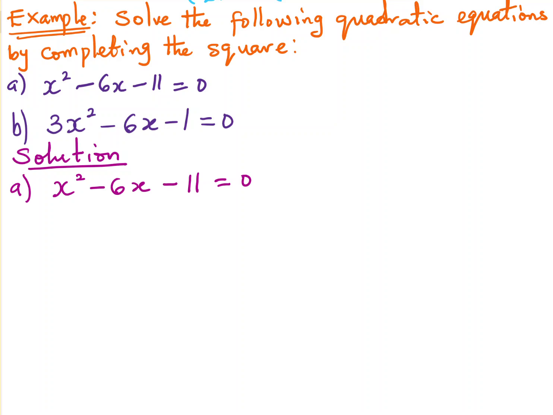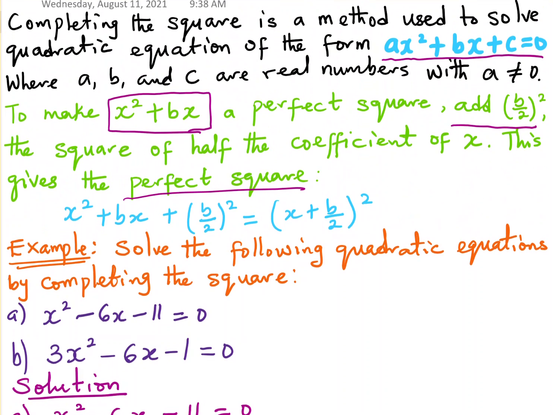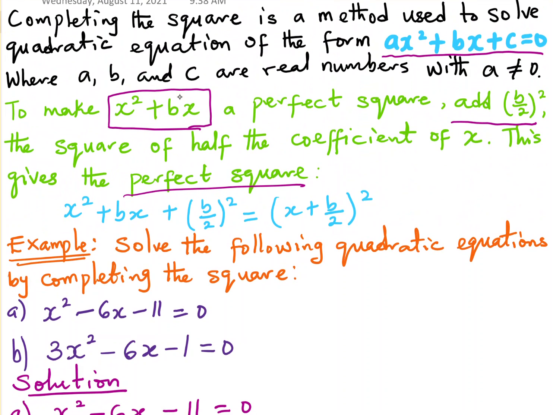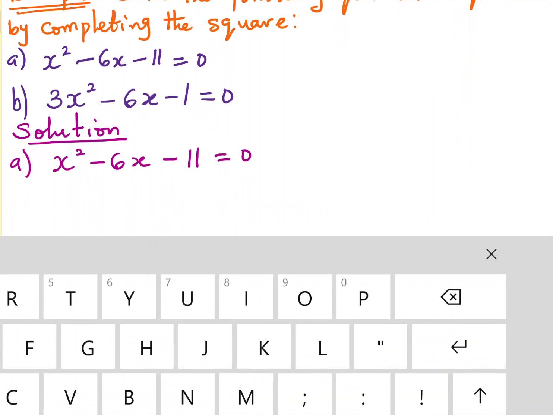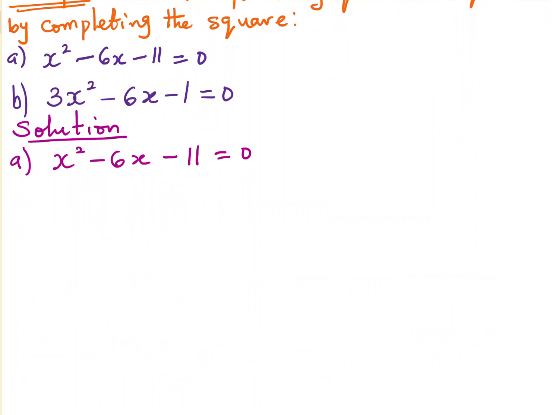So, the first thing we need to consider here is to check if the coefficient of our x squared is 1, so that we are going to have this form. We want to write something of this nature, and we see that the coefficient of x squared here is 1. So we do not need to worry about the coefficient